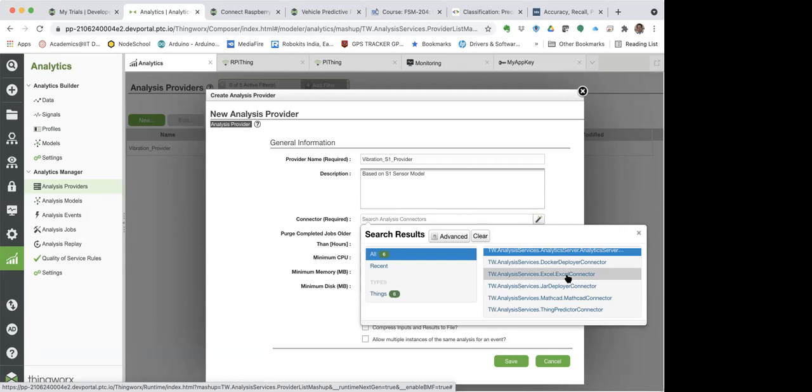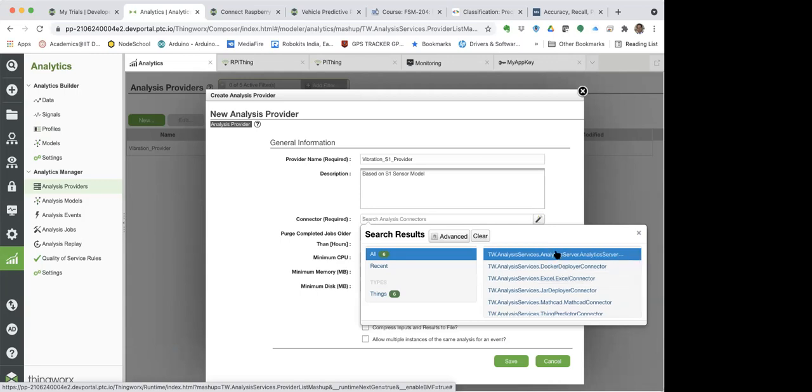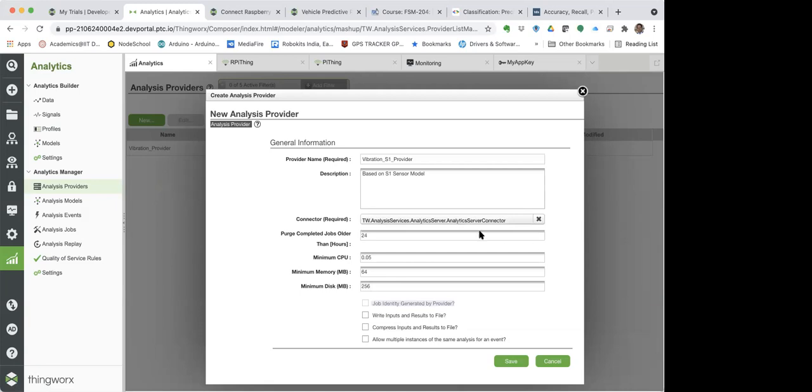Right now we are trying to provide the analysis service. So for this example, we will be using the analytics service from ThingWorx only. So you will be selecting this connector, the analysis service connector. That means I will be using the same model which I have built right now. And you just save this.